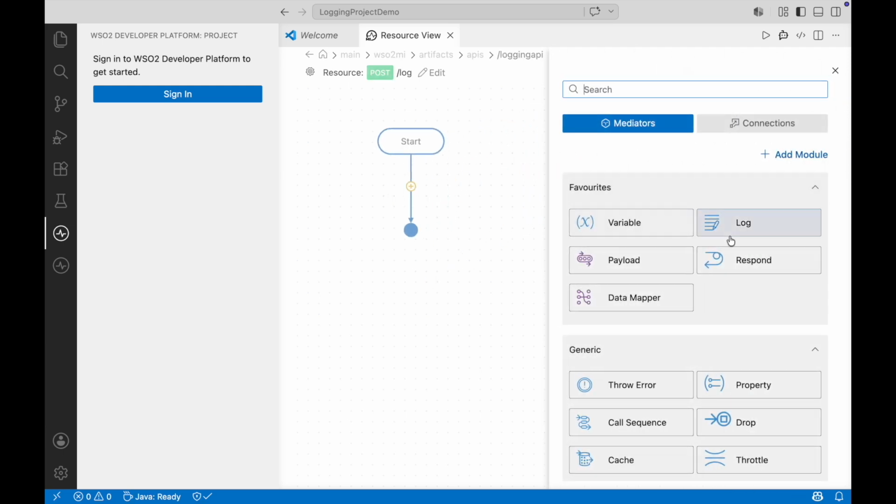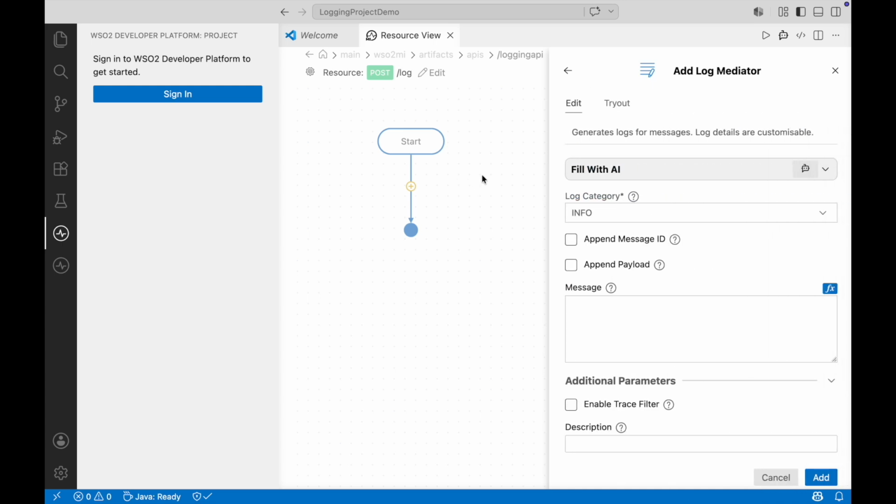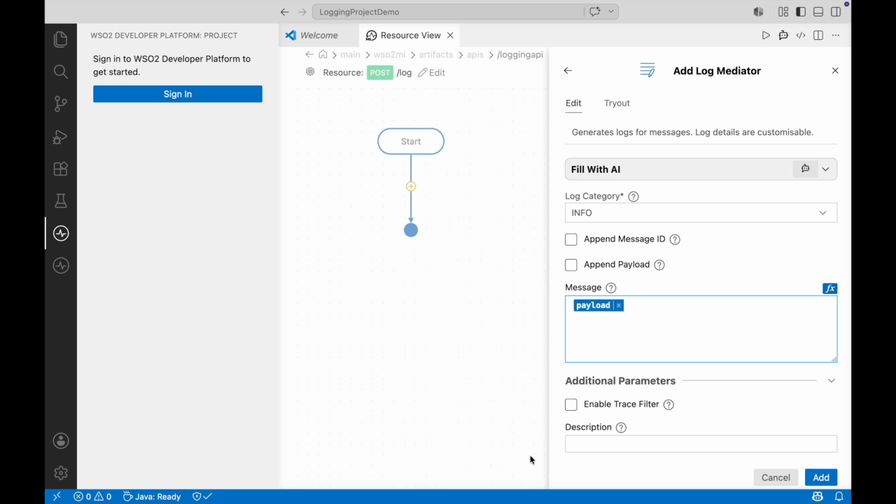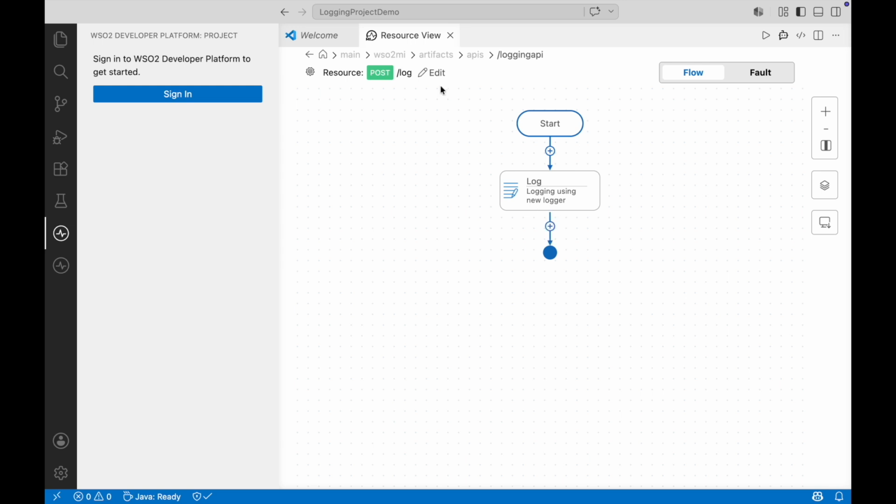Next step is to add a log mediator. We'll add a message over here using the expressions. For now, we'll take the complete payload for this particular log mediator. We'll add the optional description over here so that we can identify what's the purpose of this particular logger. We'll save it